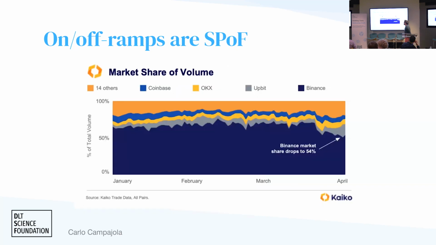And this is the more recent picture of the same kind of statistics. And you see that, again, when Binance started to get in trouble with the SEC last March, this share has dropped a bit, but still, it's very, very concentrated, right? So these are all forces that drive you towards centralization, and are problematic when you decide how to set up your tokenomic model.